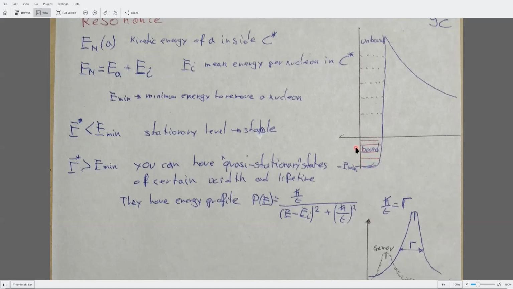Then you have the several bound energies inside, below zero, where they are stable levels, where you have the several